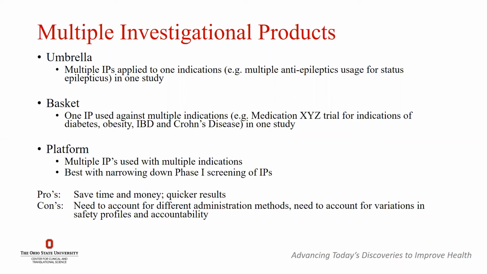Pharmaceutical companies use this often in their initial phases, where they will develop a drug and then have to go through and say, okay, what is this drug going to be used for? Sometimes they have libraries of these investigational products that have been developed but have not found any good applications for them, and so they keep looking to see, is this something that would work? And then a platform, in reading the literature, is kind of a combination of both. I tend to think that that has to be done with a lot of computational